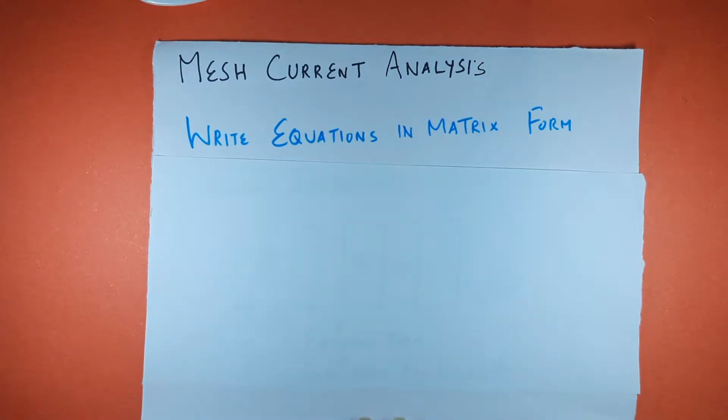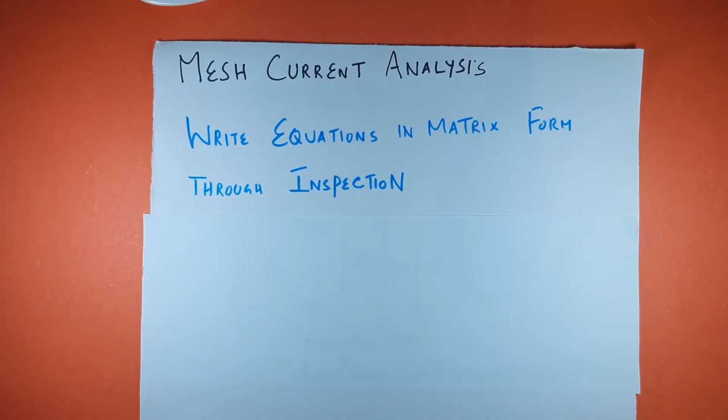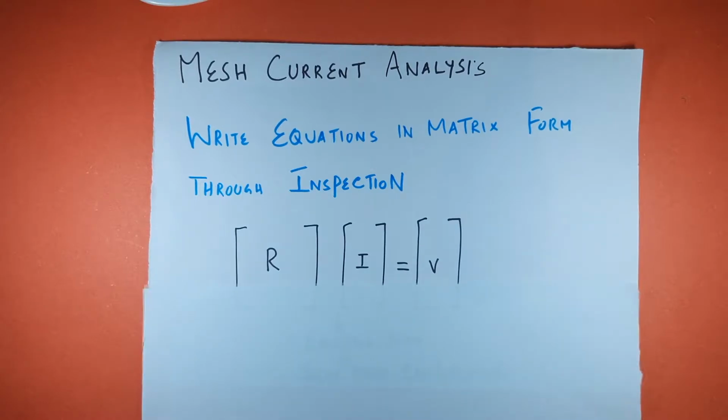Here we are going to write the circuit equations in matrix form through inspection. Just by seeing, we can write circuit equations directly in matrix form. So the basic equation is this. By inspection, we will create this matrix, that is R matrix multiplied by I matrix equal to